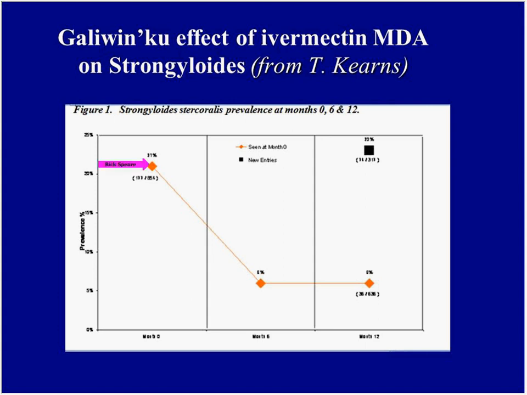So at the start, at their first level, they treated everybody, came back, treated the positives with the second dose of ivermectin, and then they looked at it at 6 and then at 12 months, and at a level which also indicated that they'd broken the transmission cycle. So it looks like ivermectin can actually break this, potentially get rid of this parasite,